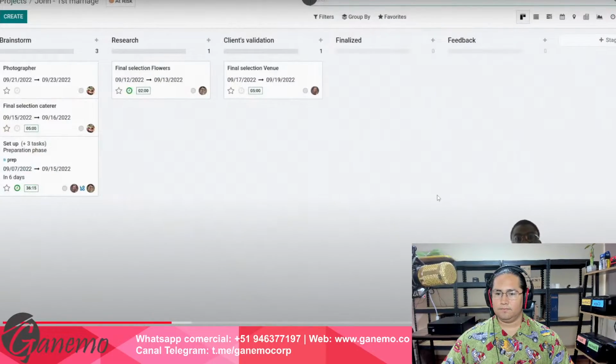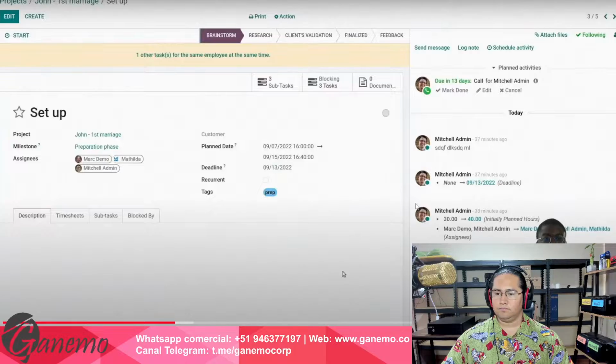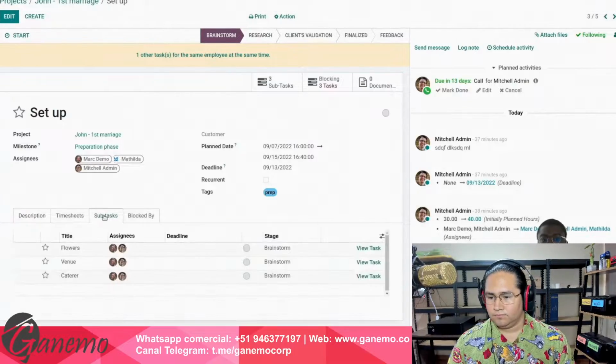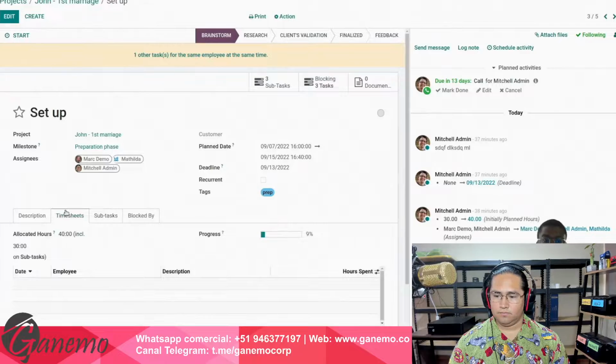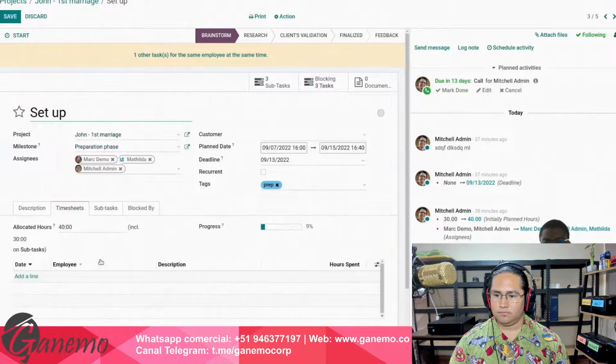What are the different activities that are possible? Well, as you can see, there are different activities that are already set up, such as the setup activity. Within that activity, I can assign one or many employees quite easily. And I can also create what we call subtasks. Okay? All of that will help you, of course, within your projects, because that's how you can make a better estimation of the number of hours needed.